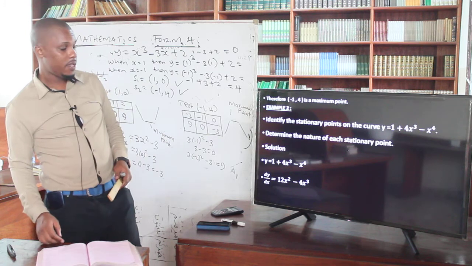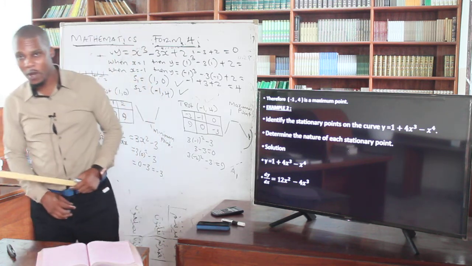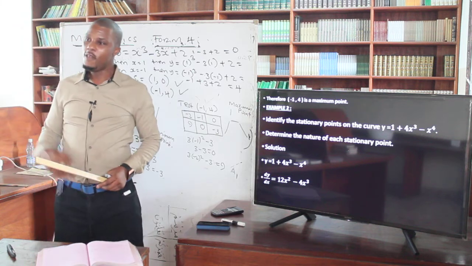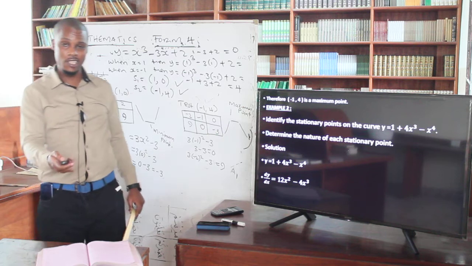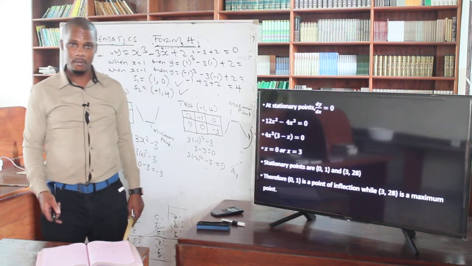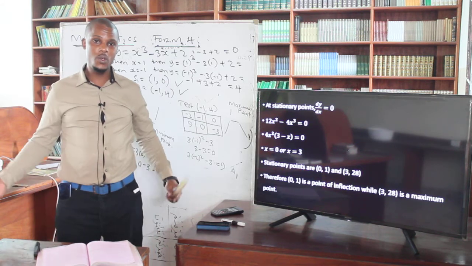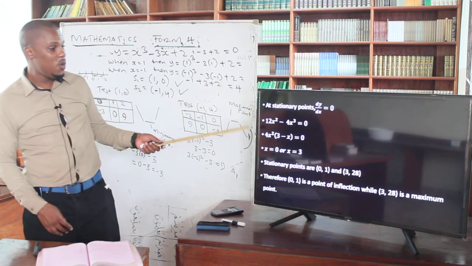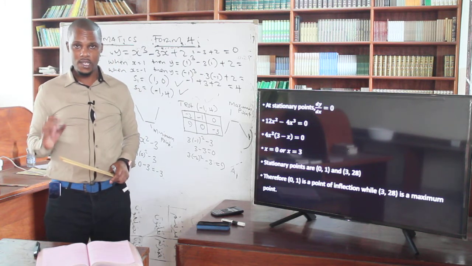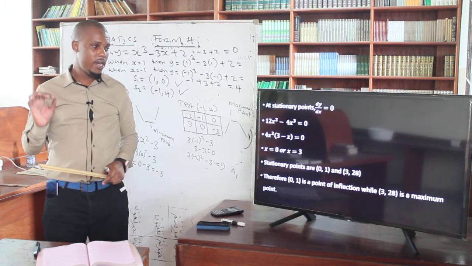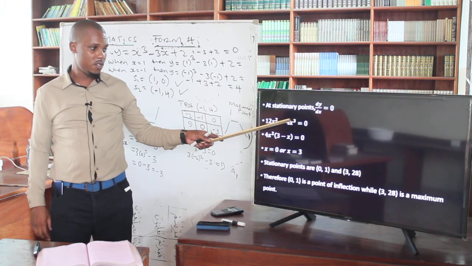Then what did we say? It's going to be our step number 3. You have dy/dx. Then where do you go? If you have the dy/dx, then you equate it to 0. Just equate it to 0. Then when you equate to 0, our dy/dx is supposed to be equal to 0. Remember I'm saying that in most cases, it will be a quadratic or maybe a cubic function, because now this one is a cubic function because of the power 3.